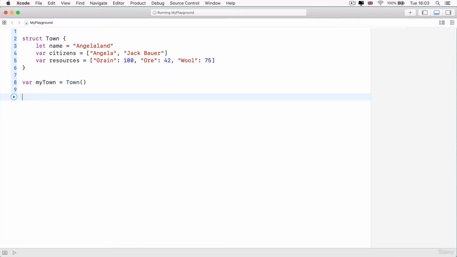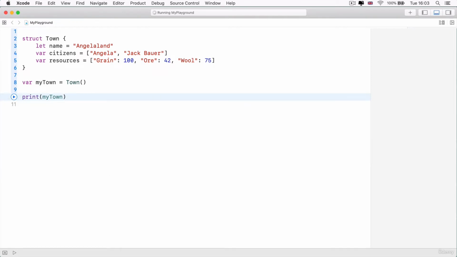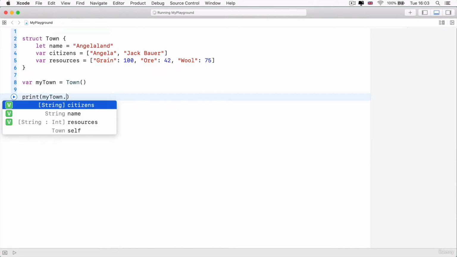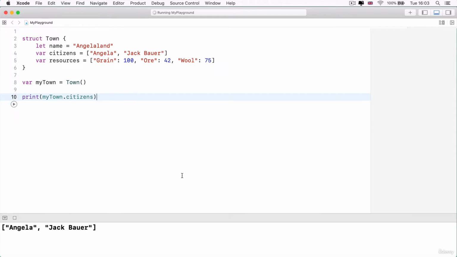For example, I could print myTown, and to access the properties, I would use the dot notation. So as soon as I write dot, you can see all the things I can tap into. And let's say that I wanted to print who are the people who live in my town. I'm going to print myTown.citizens. And currently it's just me and Jack Bauer.